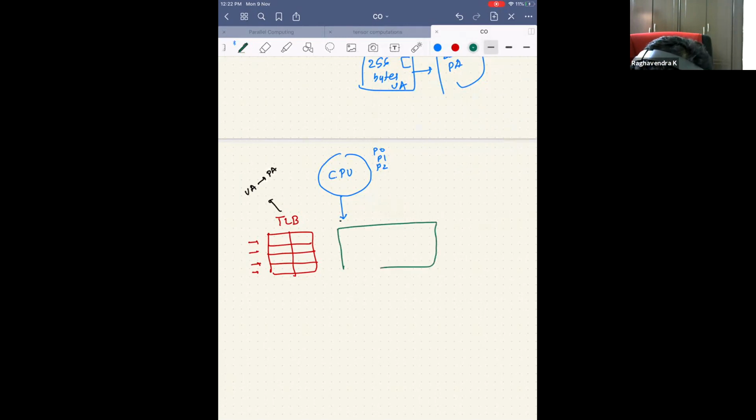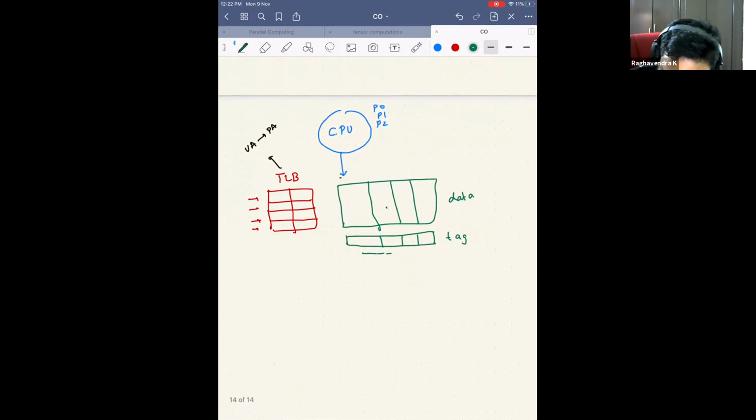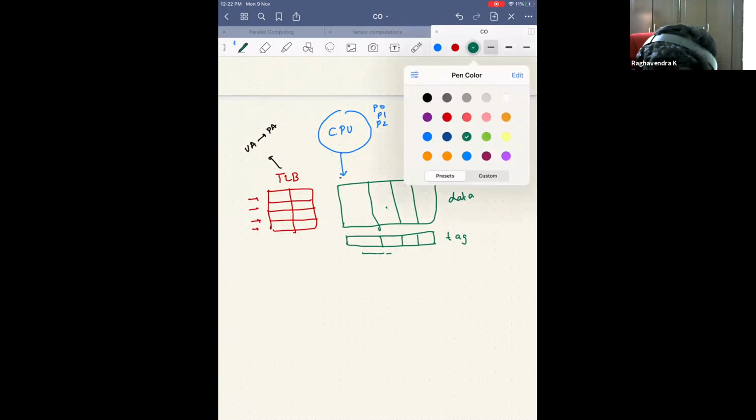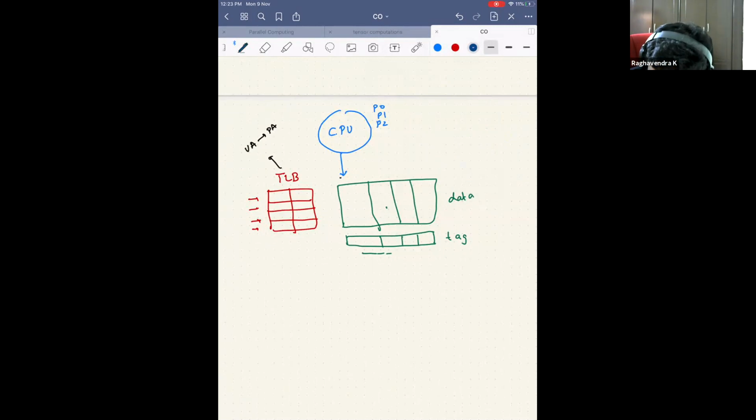cache, and I am storing what? Blocks of data, right? Some 64 bytes or whatever. This has 4 blocks, and I also need to know what the addresses for these blocks are. So there is a tag array and a data array. In tag, I am storing, of course I store something else also, but we'll not get into it, the address. In data array, I am storing the actual data. And let's for now assume that we are searching all 4 in parallel, and if there's a hit, I get it here. So both of these are made of SRAM, and then this is finally connected to a main memory.